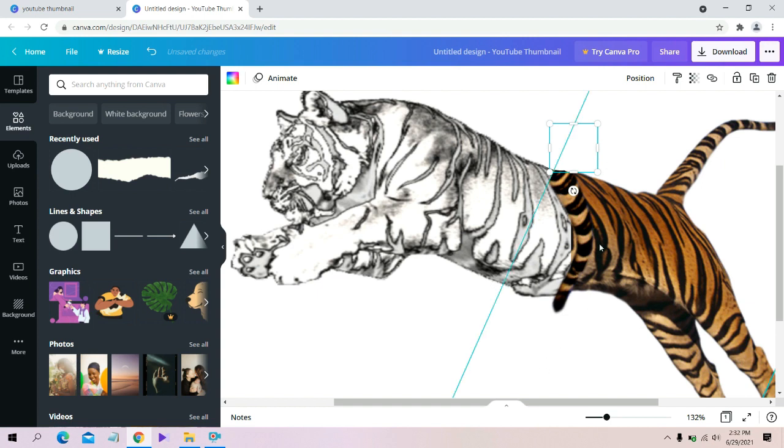So this is done. Now we will duplicate it another time to remove the lower part and use the keys to adjust it, and duplicate it once again so that we can move this effect here, rotate it so that we can use it again.